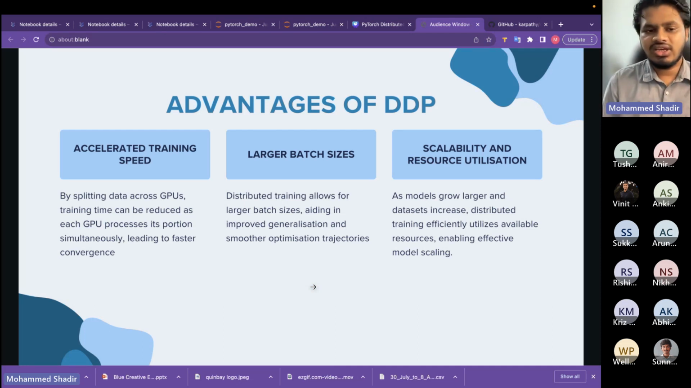GPU? So the first thing is accelerated training speed. If fine-tuned properly, you can have at the minimum 4x speed, and at the max, it depends on the hardware, you can have more than 20x speed in the training phase. By introducing multiple machines and multiple GPUs for training, you are basically reducing the step size required for the optimizer to update the gradients, right? So by splitting data across multiple GPUs, training time also gets reduced,